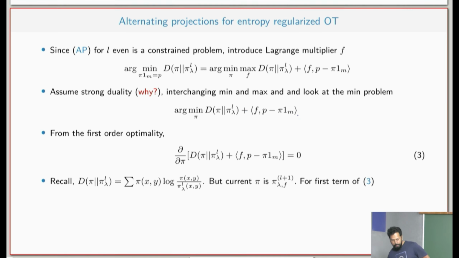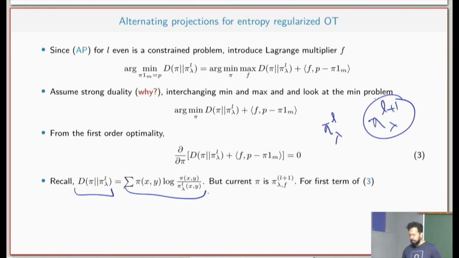So then what do we get? Our d, which is the KL divergence, is this, right? And what is our current pi? What we are looking for will be one more than the existing pi. So our existing pi is pi l lambda, and what we are looking for as a next step is pi l plus 1 lambda. So we could essentially change the pi that we have to pi l plus 1. Okay. So if we do that, then